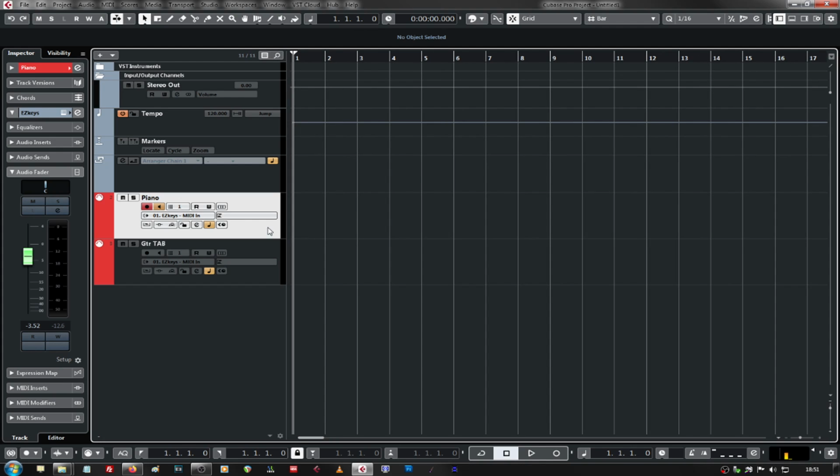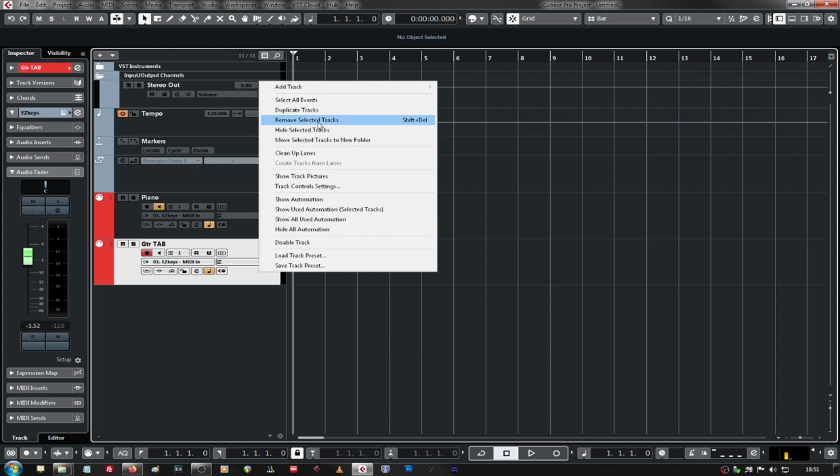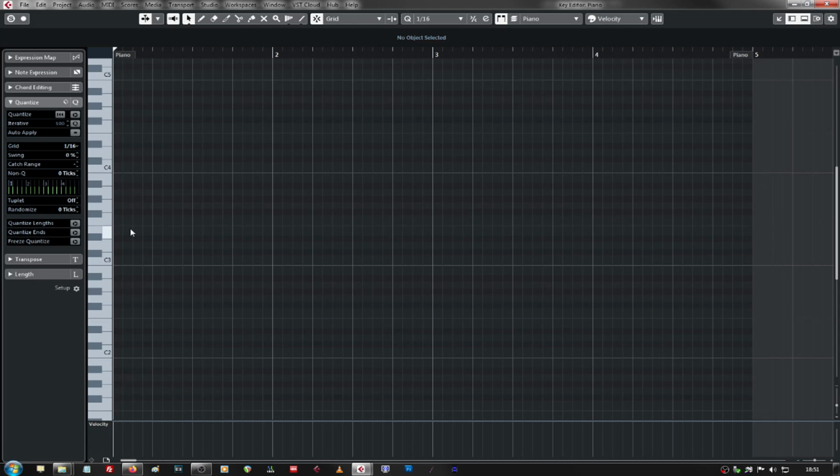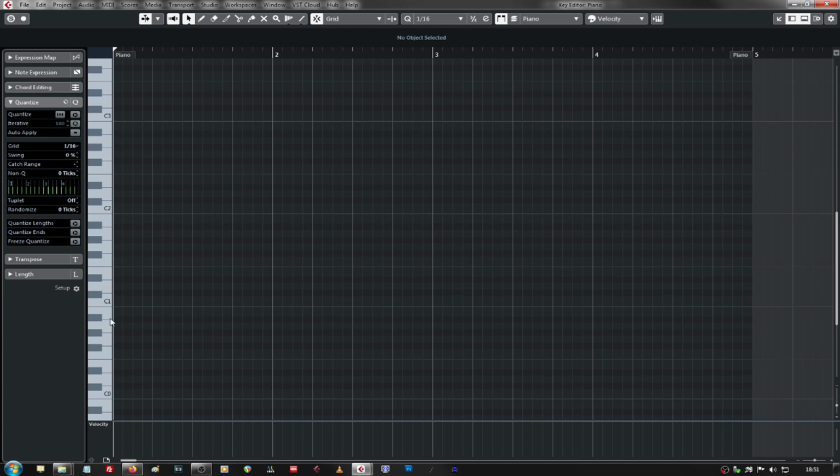I'll show you how I duplicate and remove this track, so that I'll just have one MIDI track there. What I'm going to do is hold down the Alt button and drag and create a very small 4-bar piece of a MIDI track there, and if I double click that, that will take me into the MIDI editor. Now what I'm going to do here is create a very simple open position basic guitar